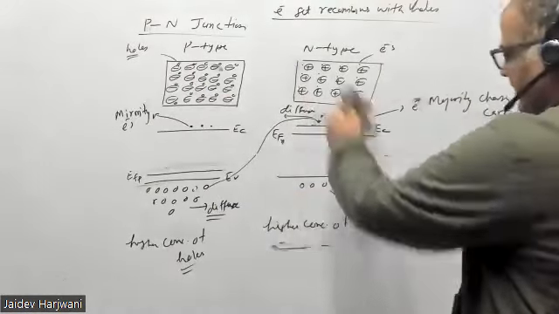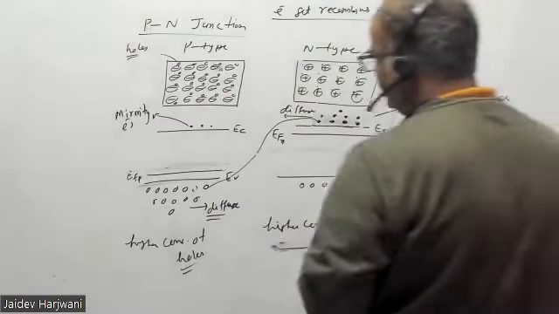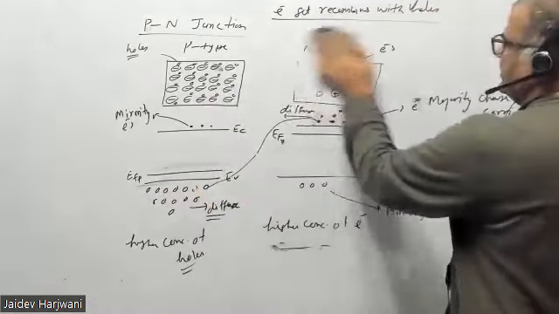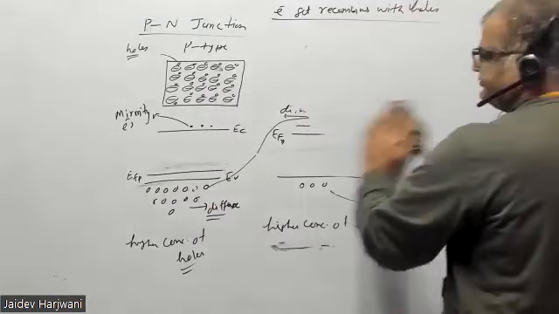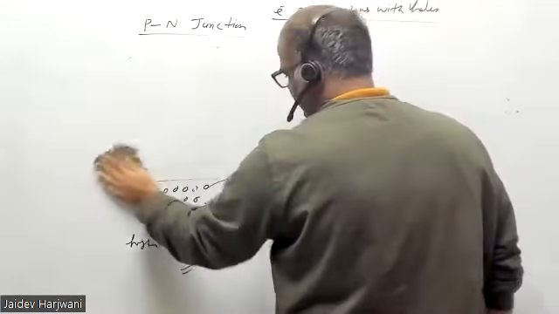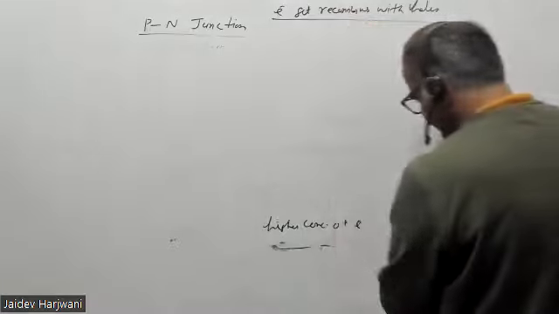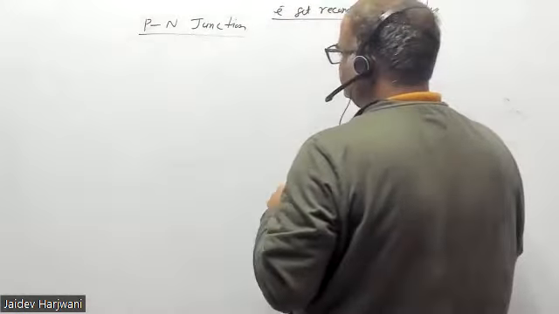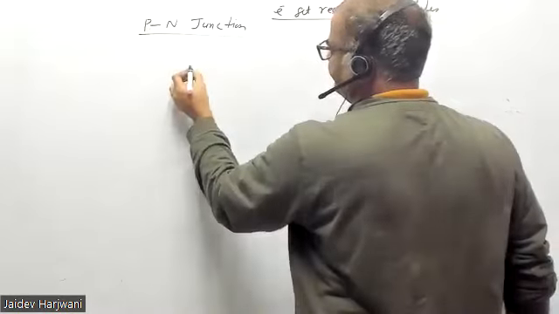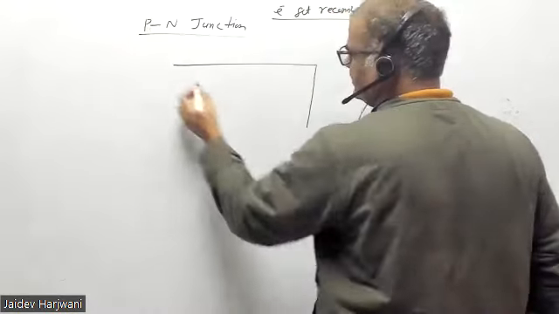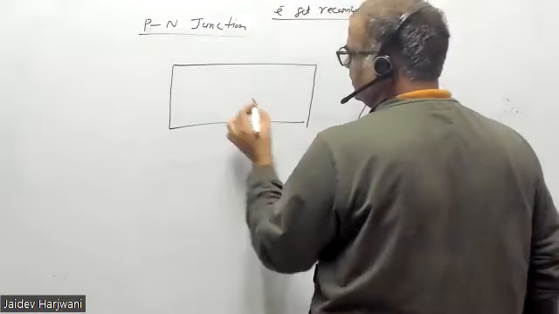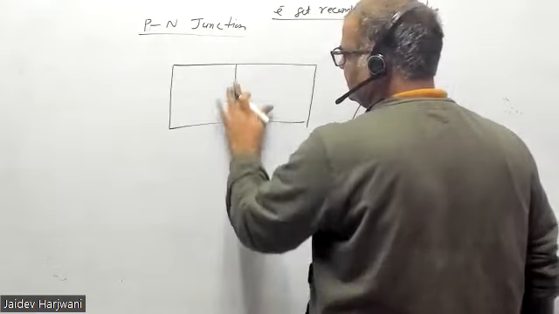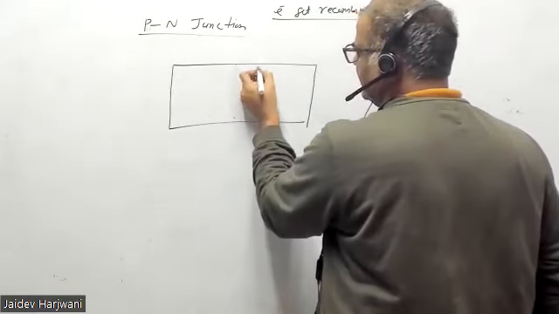Okay, now what happens? This is the isolated condition. Now you are making them diffuse. Okay, so this diffusion is taking place. Now at equilibrium, what happens? Let us see what happens at equilibrium. So at equilibrium, what will happen? Okay, so this part of the, here you have